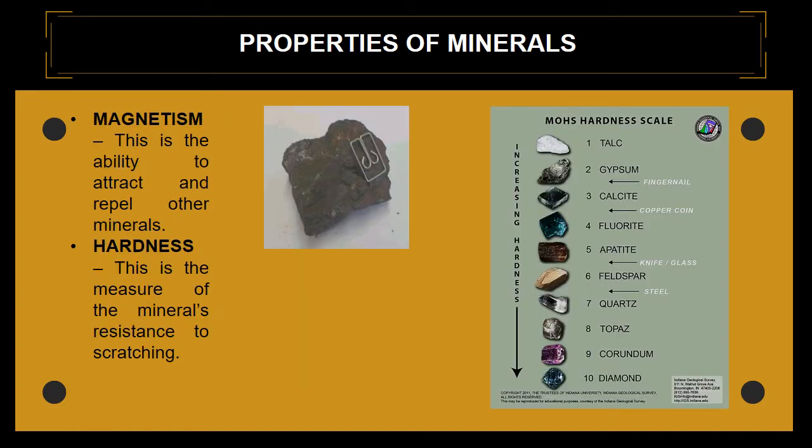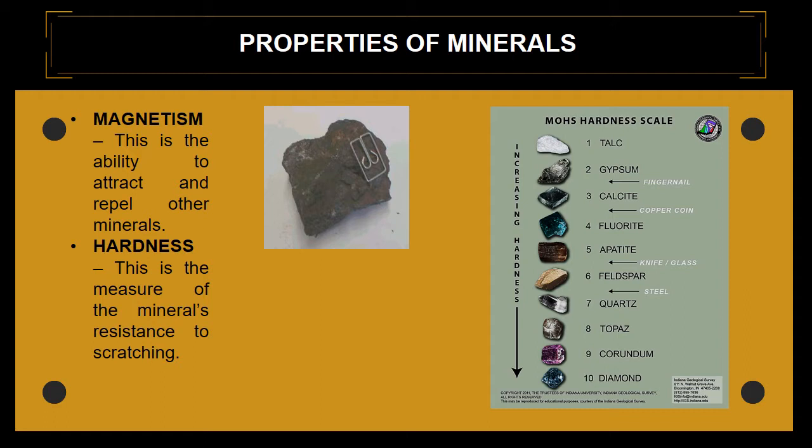Magnetism. This is the ability to attract and repel other minerals. So, magnetism came from the word magnet. So, ano yung ginagawa ng magnet? Attract and repel. Repel pag same polarity, and attract pag hindi naman pareho. So, ganun sa magnetism. So, ibig sabihin, pag yung magnetic na mineral na yan is, sabihin natin, may north polarity. Then, yung metallic items na yan, metallic things na pwede niyang ma-attract, example, iron,